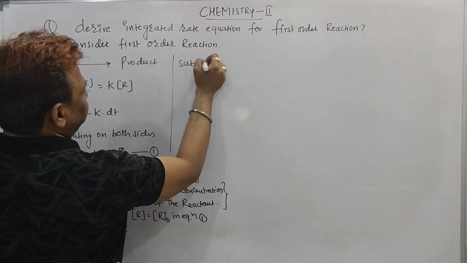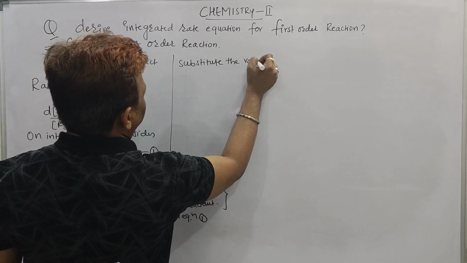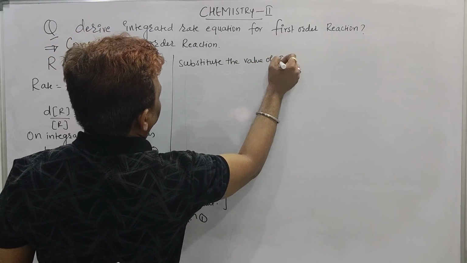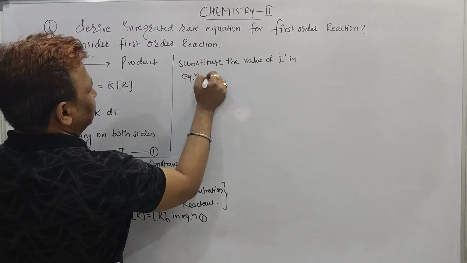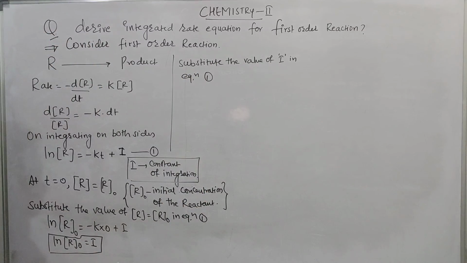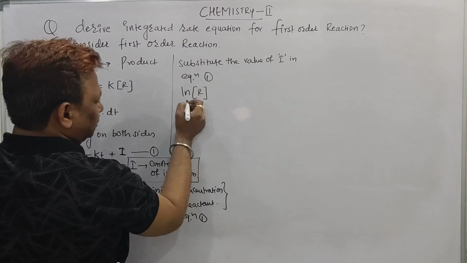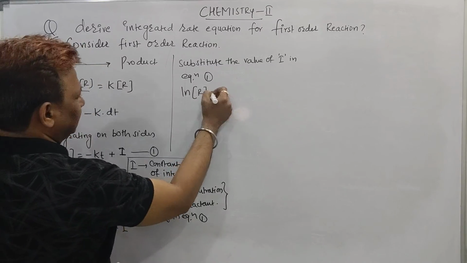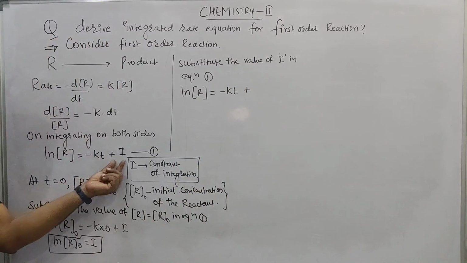Substitute the value of I in equation 1. So what is the equation 1 we have? This is our equation 1. Sir, ln, natural log to the base e, R equal to minus of kt plus I. But the value of I,